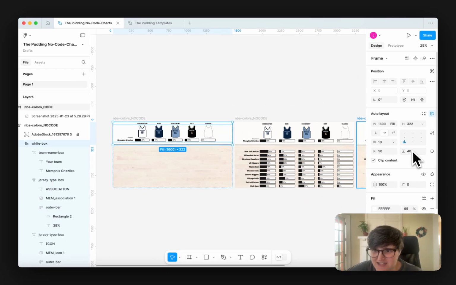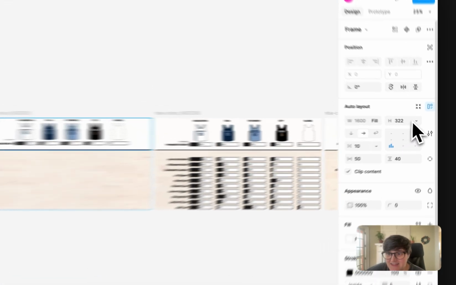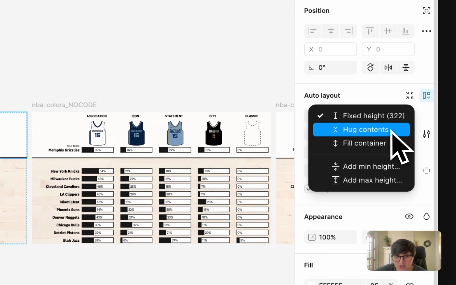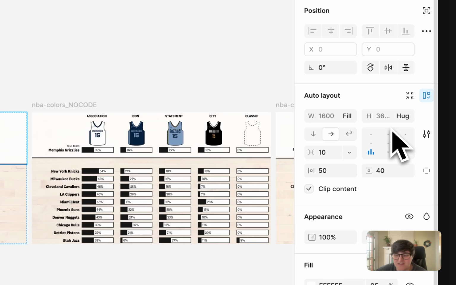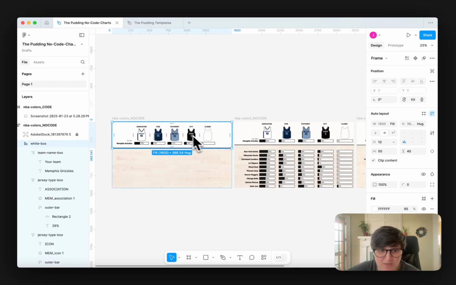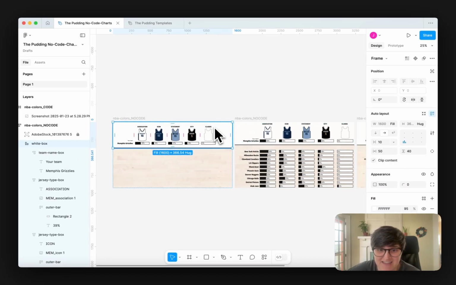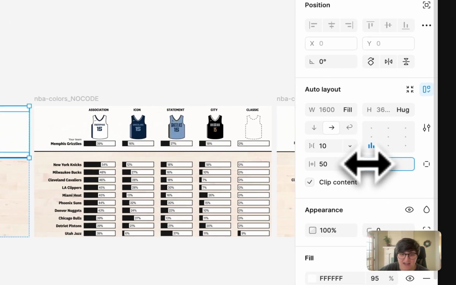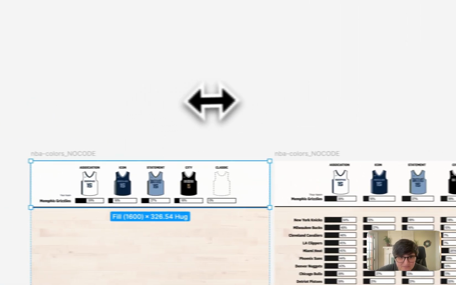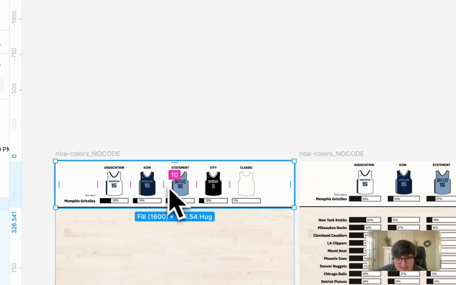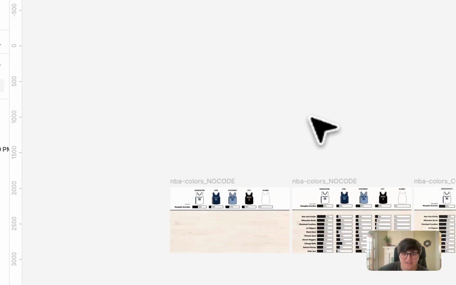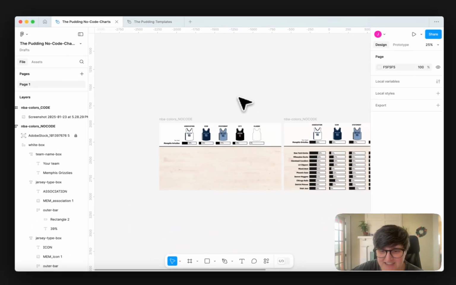so that we can get some vertical spacing. And then on the height, I'm going to change that to hug contents. So it knows that we want to make sure that it is the size of kind of what's in there plus the padding. We'll take that down a little bit. And then basically you just kind of like repeat this setup